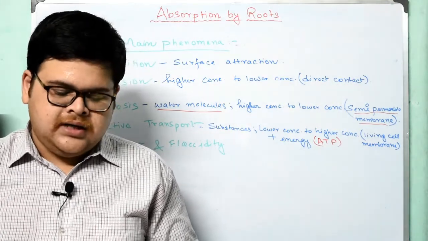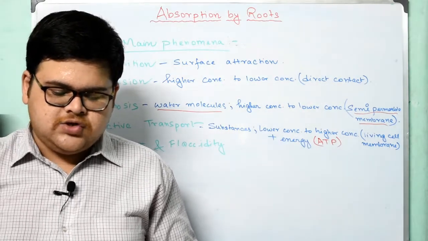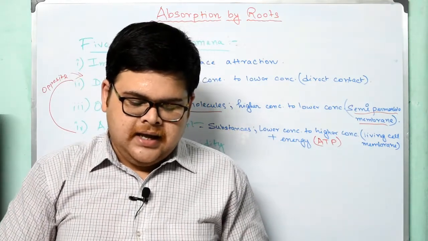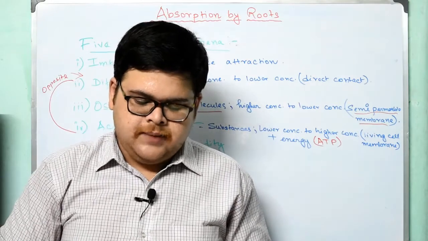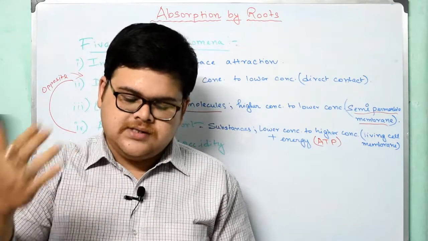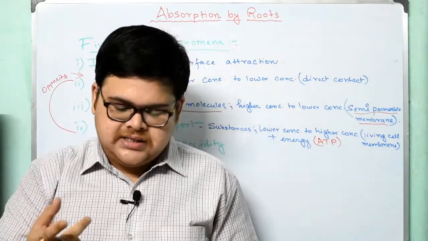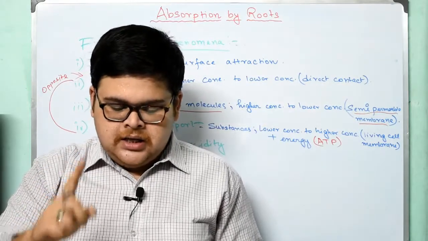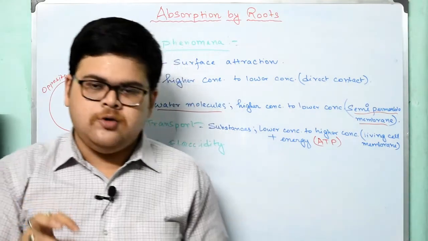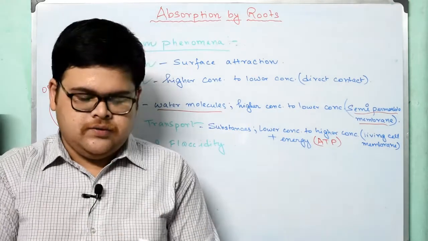Okay, so the terms defined: turgidity is a state of the cell in which the cell wall is rigid and stretched by an increase in the volume of vacuoles due to absorption of water. The cell is then said to be turgid. Plasmolysis is the withdrawal of the cytoplasm from the cell wall caused due to withdrawal of water when placed in a strong or hypertonic solution. And flaccidity is the condition in which the cell content is shrunken, the cell is no more tight, and the cell is said to be flaccid. I hope up till this it is clear to you, right?